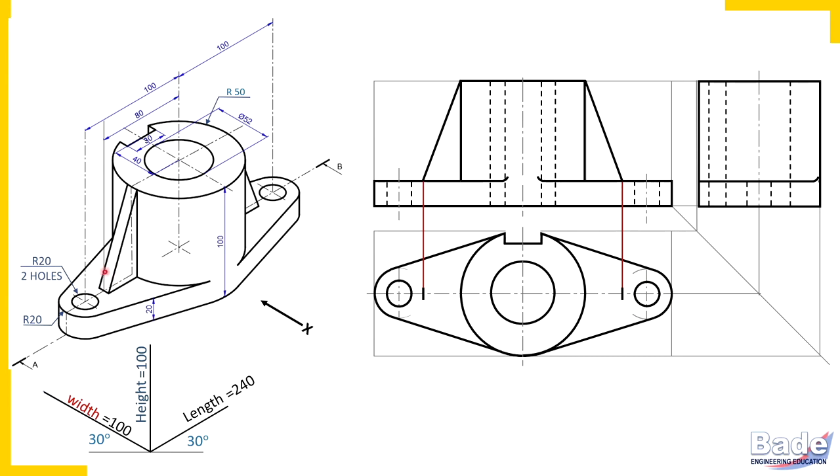If not given with reference to other dimensions, you assume the thickness. So I have assumed that thickness 10 millimeters, and this is how I have drawn those two strips, and these two strips meet this curved surface of the cylinder, the cylindrical surface. Similarly, draw end projectors from these triangular plates, that is the height of the triangular plate you transfer in the side view, and along the axis of symmetry draw those two strips. So this is how